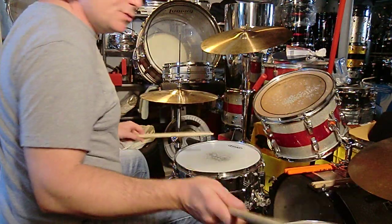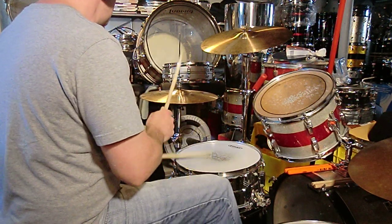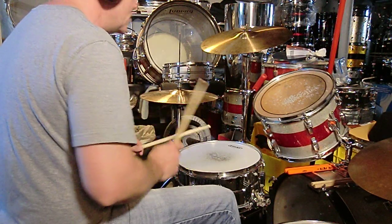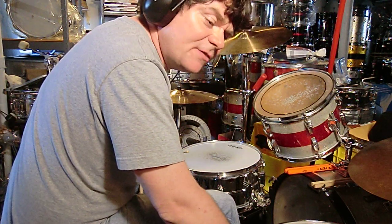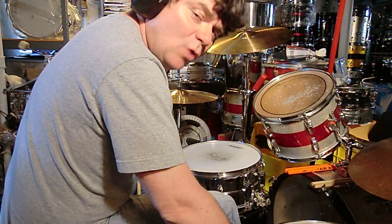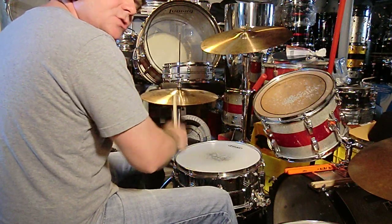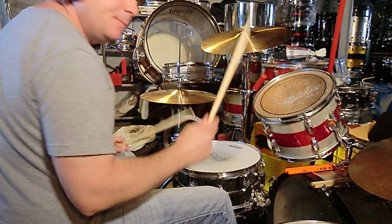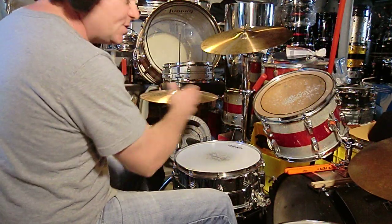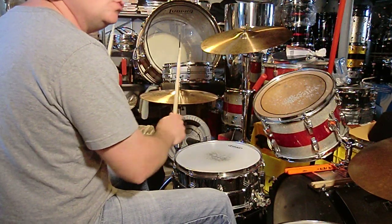So, here's the groove. Actually, it goes... So think of it as 1 E-enda, 2 E-enda, 3 E-enda. Or 1, 2, 3, 4, 5, 6, 1, 2, 3, 4, 5, 6, because 1 through 6 twice is 12 notes, which is the same as 1 E-enda, 2 E-enda,